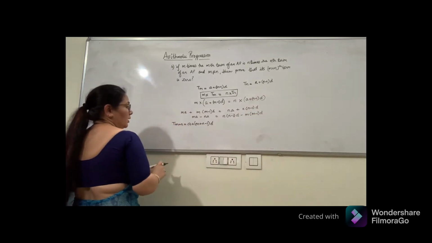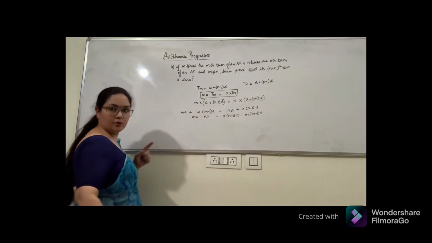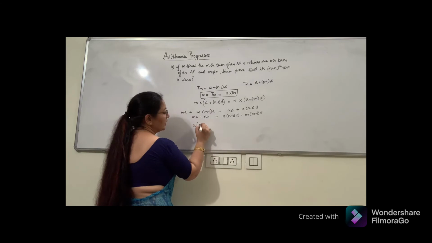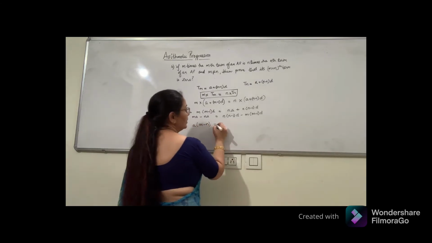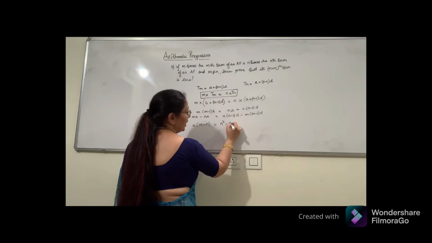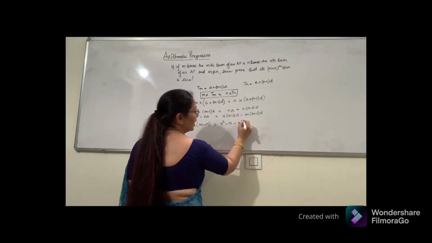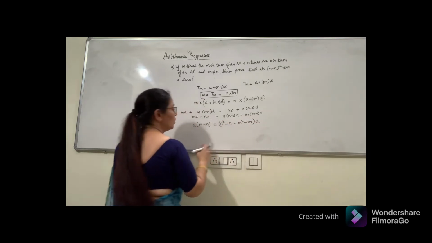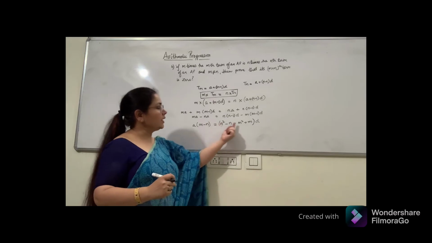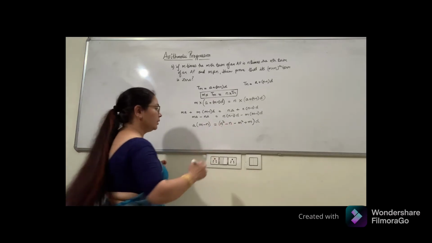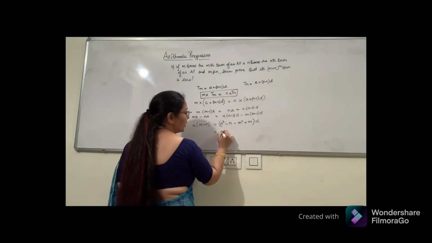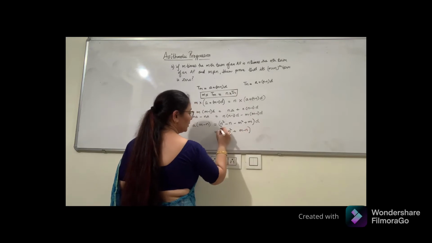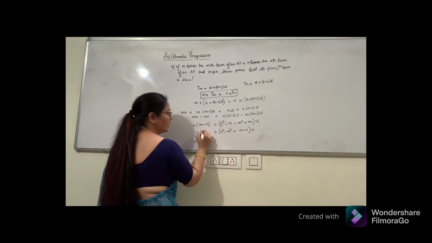I'll rub this and put it somewhere else. We have to find this. So now we'll take A common here, that is (m minus n). And here n square minus n and minus m square, and minus minus get cancelled, so this gives plus m, and then D. Now n square and m square we'll write together. So n square minus m square plus m minus n, D, and here (m minus n).